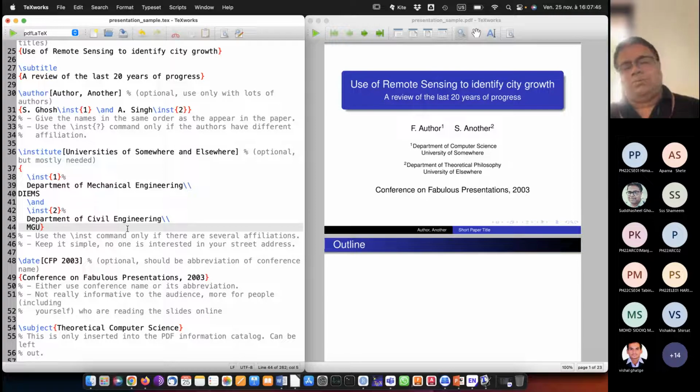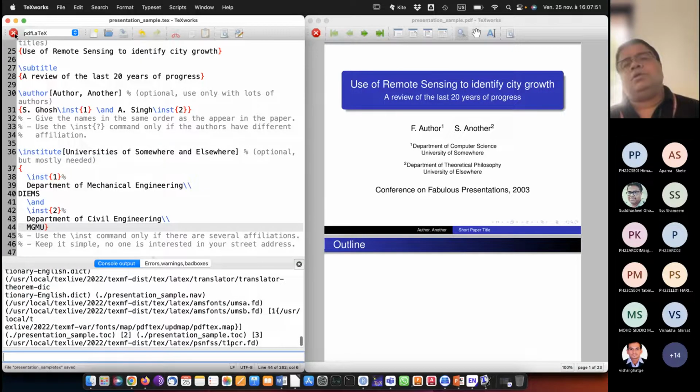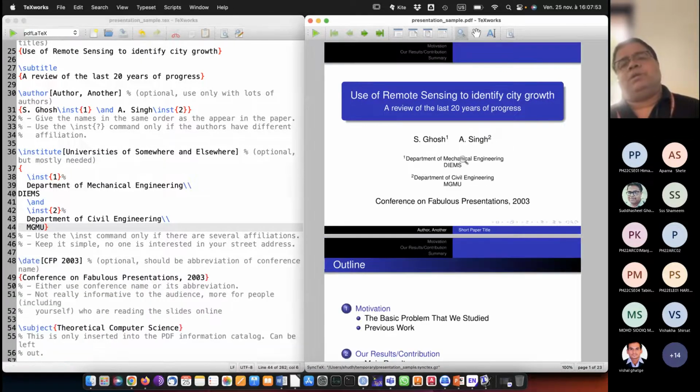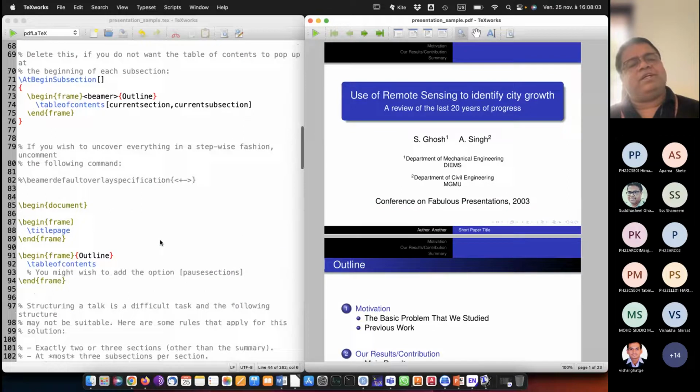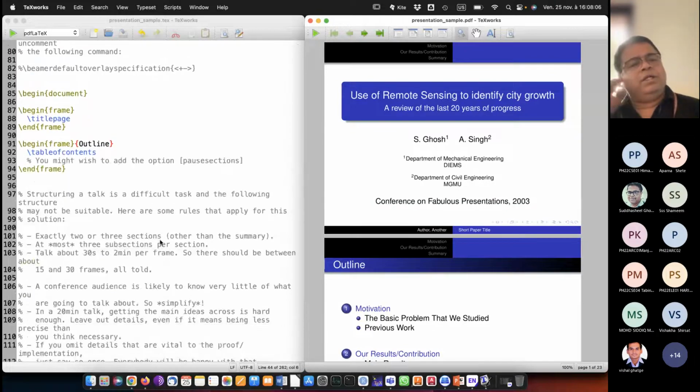Just this much change, MGMU. Okay, only this much is changed, and I just do the compilation. Look here, it has become Department of Mechanical Engineering, Department of Civil Engineering, all automatically done. And you just have to keep on modifying whatever contents are there,